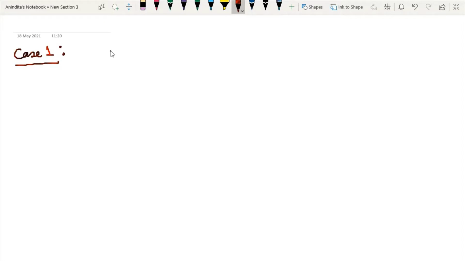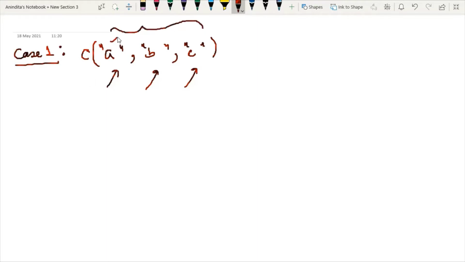Say I have one vector ABC. From this declaration, you know that each and every component is of type character. And now I am combining them. So this is my vector definition, and we are combining each and every component of the vector.